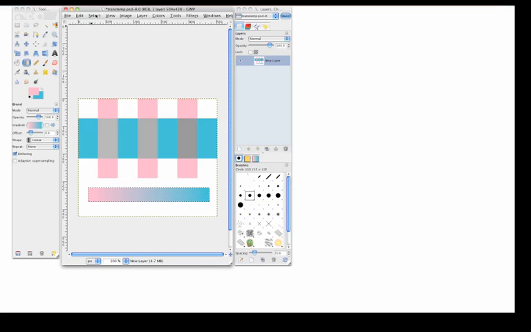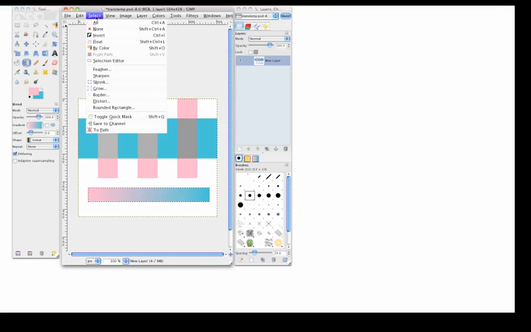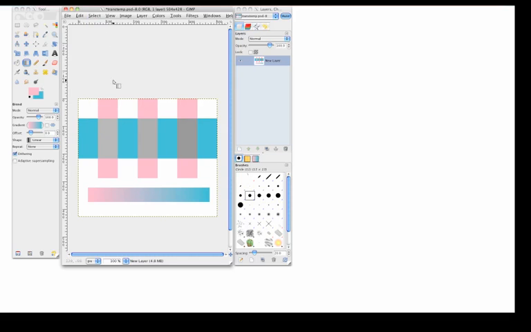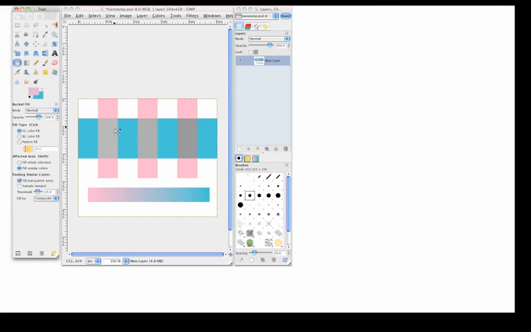Fantastic. Next you need to make sure the gradient is deselected, so go select none, and then you want to use your paint bucket tool and your eyedropper tool to fill these areas with colors from the blend. So just using your eyedropper tool, which is right up here, you can go ahead and click on this part of your blend, and you'll see that the foreground color changes right there. So then you just get the paint bucket tool and click on that patch there, and it will automatically fill. Then you do the same for the middle